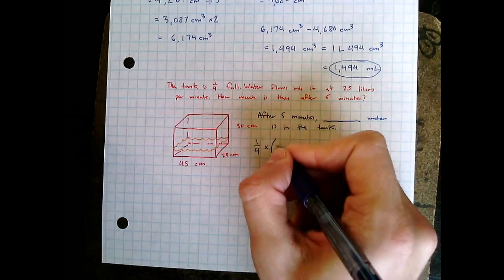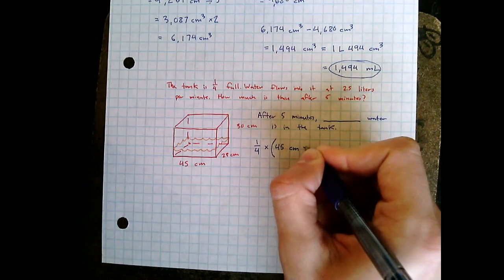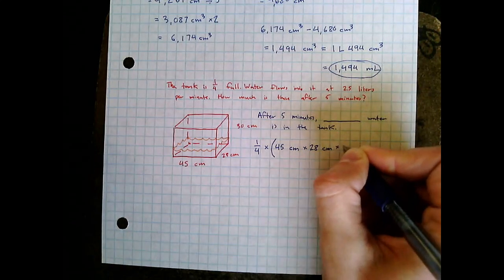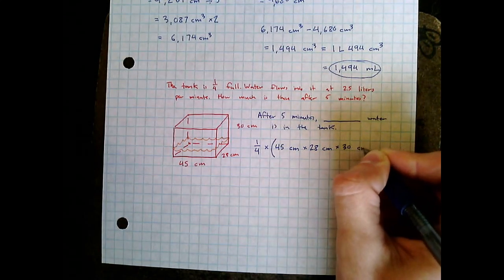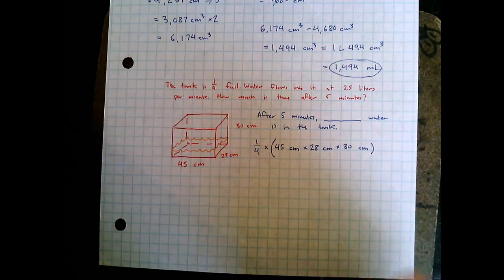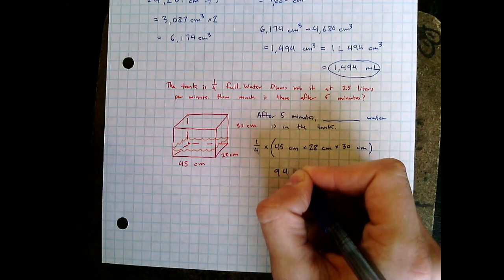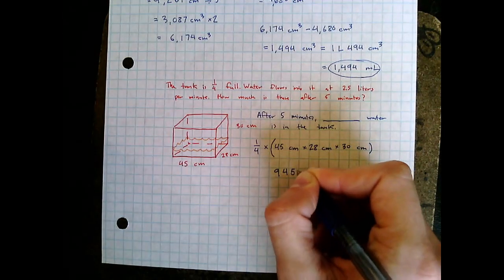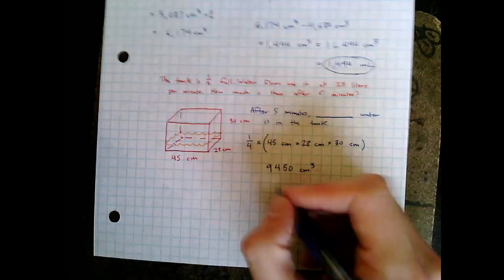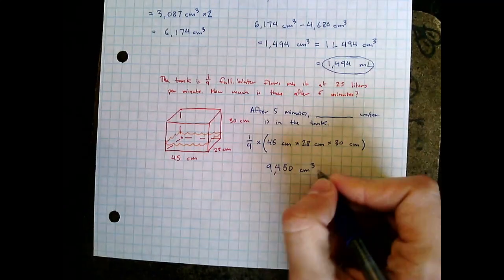So 1/4 times 45 centimeters times 28 centimeters times 30 centimeters, which ends up being 9,450 centimeters cubed, which I can see is equal to